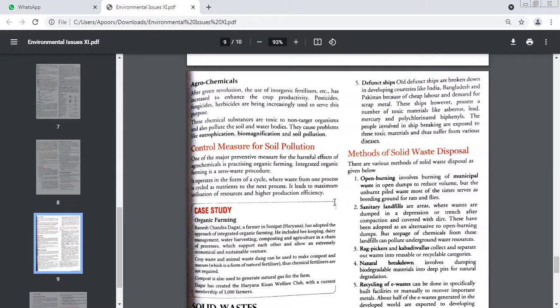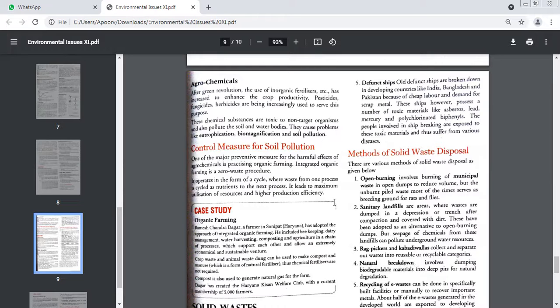So we had how many categories of solid wastes? 5. Can I have the headings very quickly? Come on, children. First one was? Municipal solid waste. Yes. Second is? Industrial waste. Good. Third was? Hospital waste. In industrial waste, we need to remember 2 very important things which have to be mentioned in this. What are they? Heavy metals and fly ash. Very good.